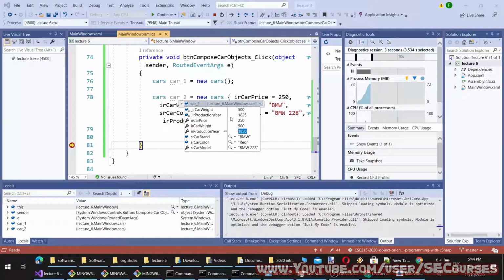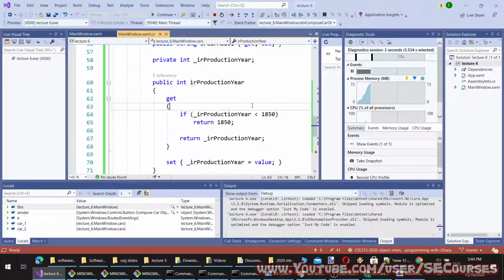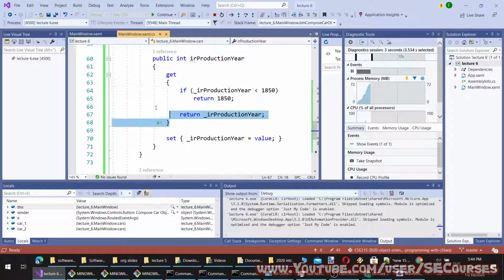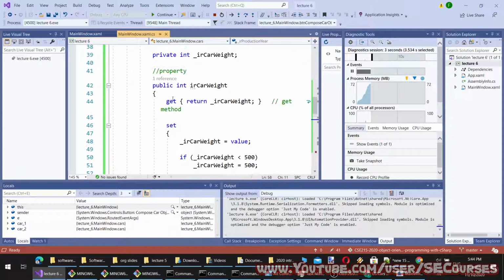However, in reality it is 1825, but I cannot access 1825 because my get method is modifying it. So the value I can get is from this get method. I can't access this variable out of this class's scope, which is this one.